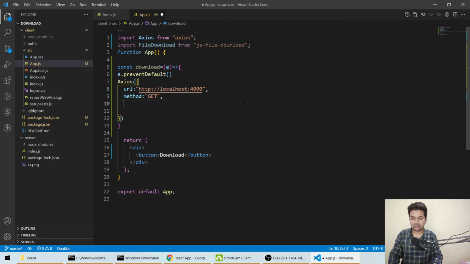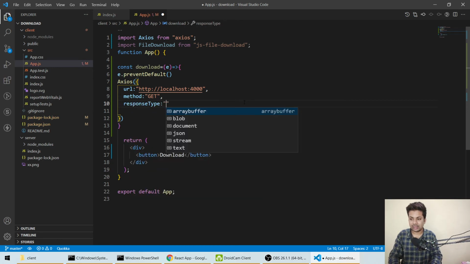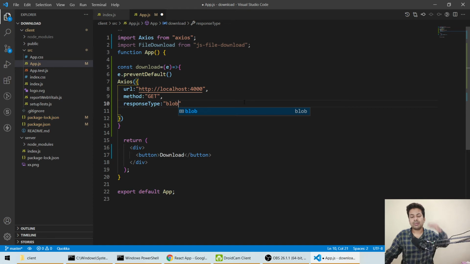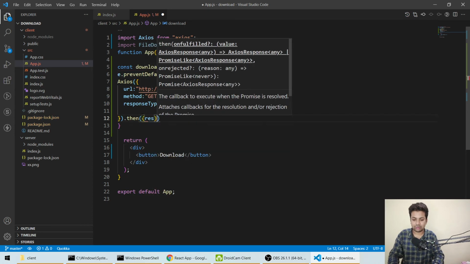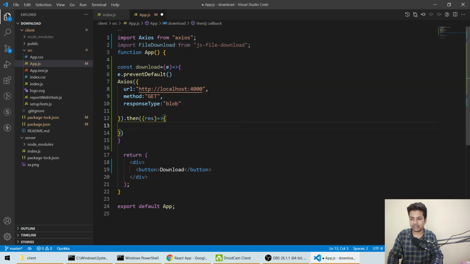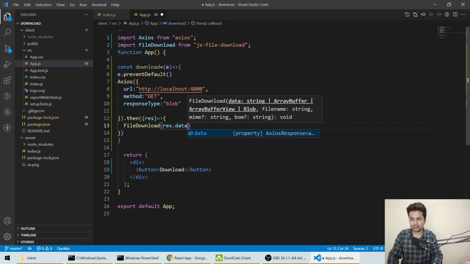Now this is the very important part: we have to set the response type. Here we'll say blob. Let it be blob. Don't change it, like I'm serving a PNG file so I write PNG, or I'm serving CSV so I say CSV. Whatever file you're serving, just let it be blob only. Okay, and on .then, when we get the response, here we'll say fileDownload, and here the response.data, and the file name.